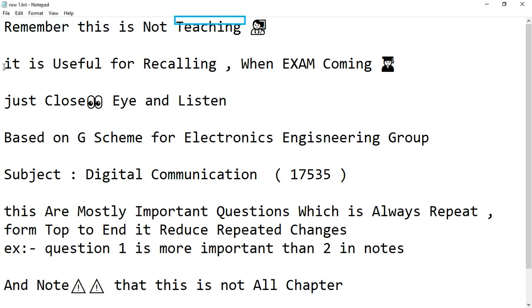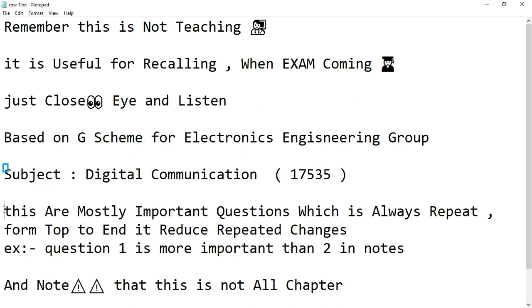Remember, this is not teaching, man, teacher. It is useful for recalling when exam is coming, man, student. Just close your eyes and listen. Based on G scheme for Electronics Engineering Group. Subject: Digital Communication,